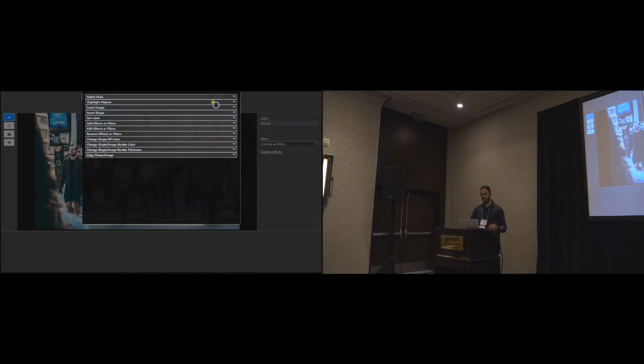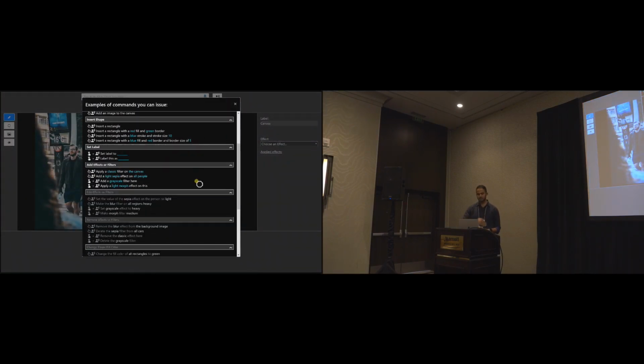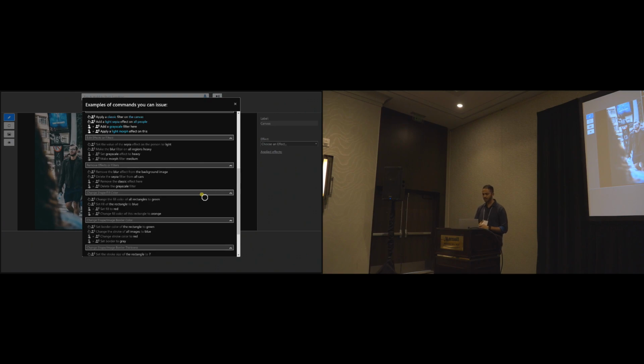So at any point during my session, I can tap this button at the top to get a list of different system operations and supported commands. And as you can see, commands towards the end are all faded out. This is because those are not applicable to the current state of the canvas. So for instance, I haven't drawn any shapes on the canvas, so commands corresponding to adding a new shape or changing color of a shape do not make sense, so they get faded out. Now say while I'm looking through this,